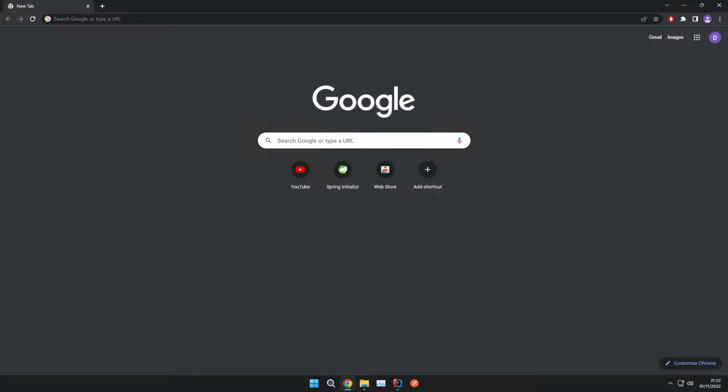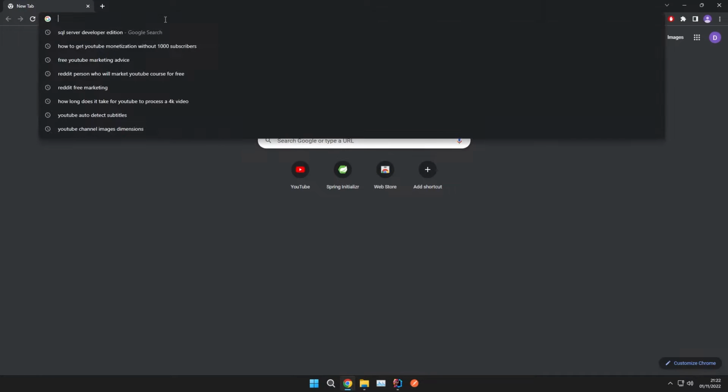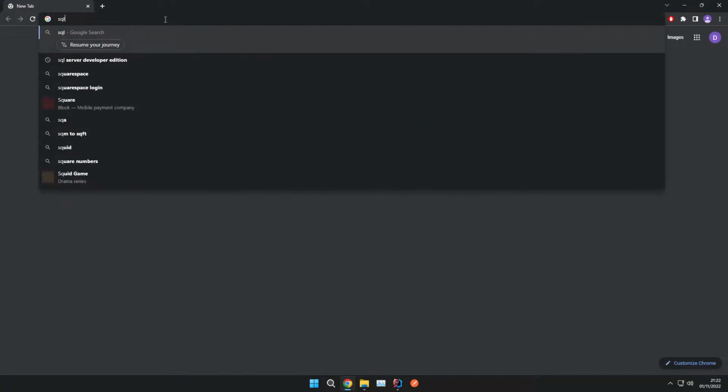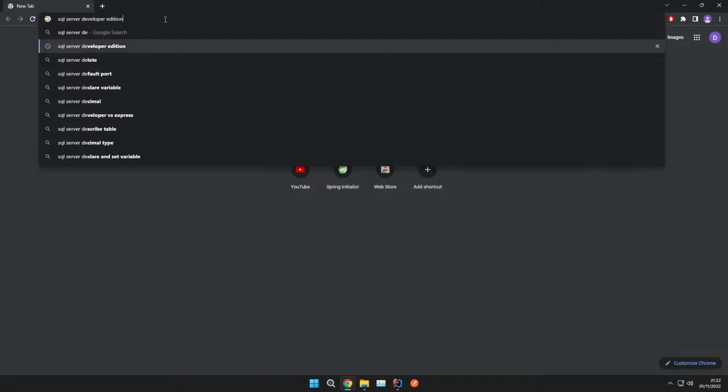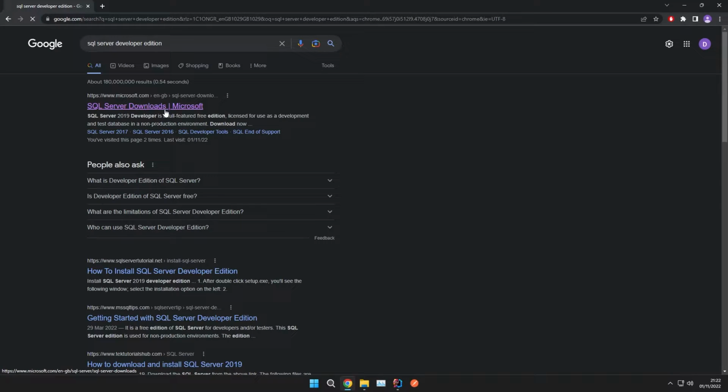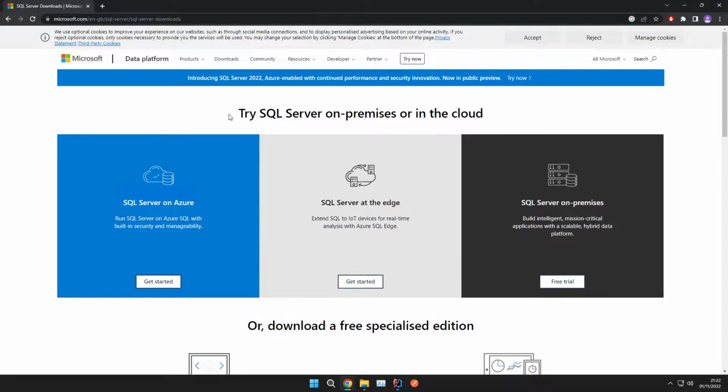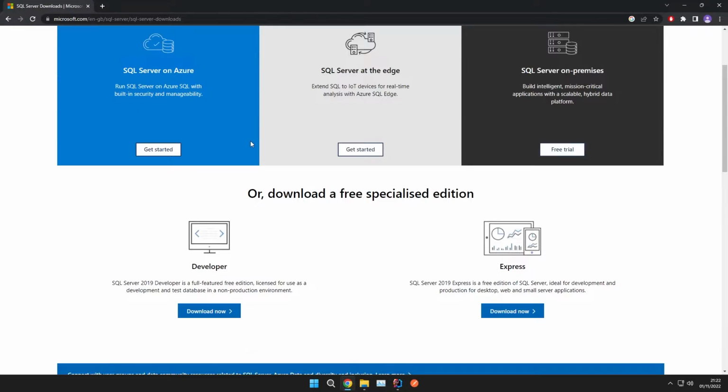Okay, so welcome back to our dev box, and now we're going to install SQL Server. What we're going to do is Google for SQL Server Developer Edition. We're going to click this first link here. This will take us to the Microsoft website. Now you're going to come down here and click on the download now for